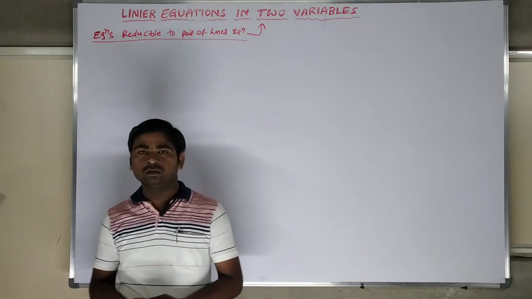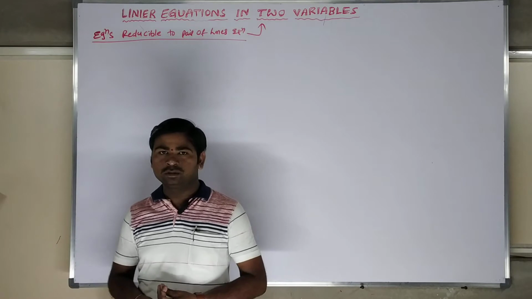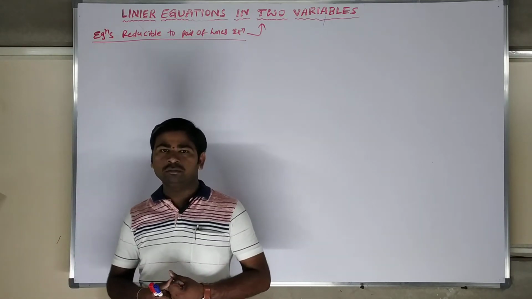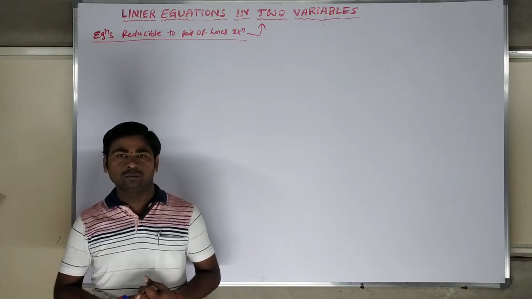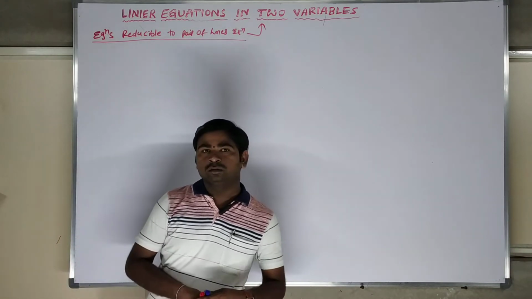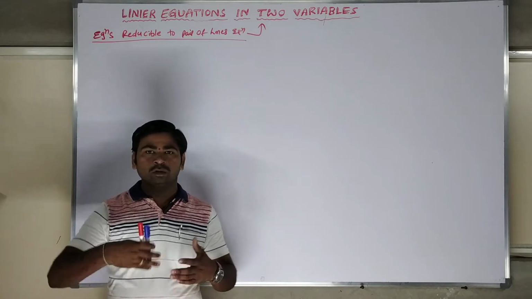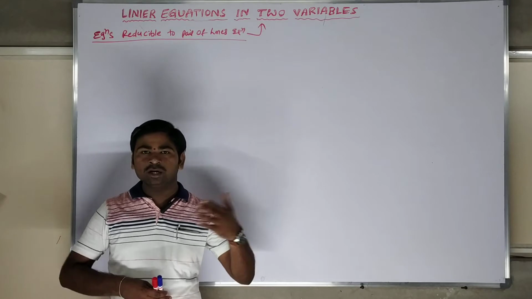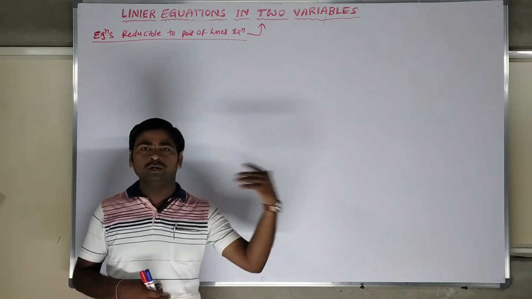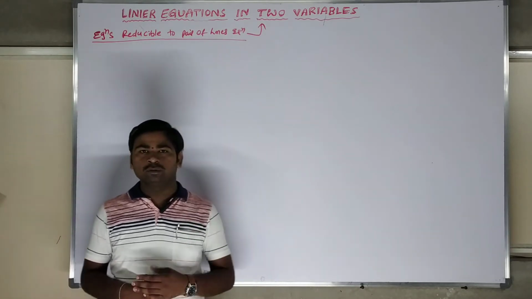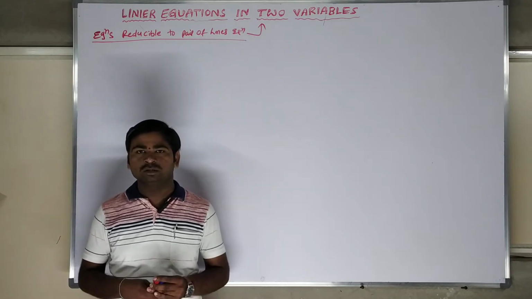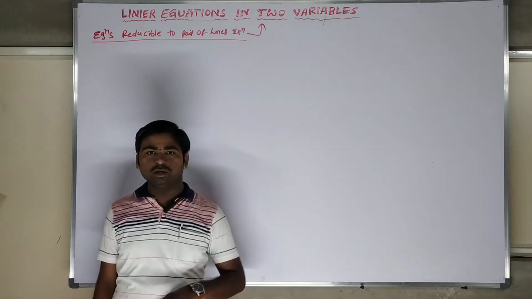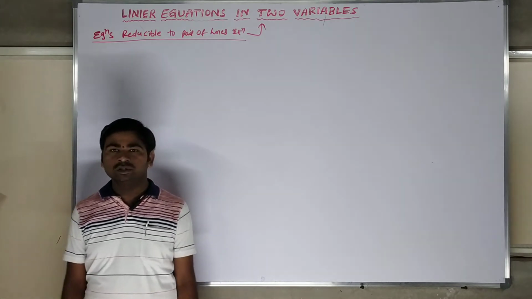In the last classes we already completed the solution approaching methods: the graphical approach and the algebraic ones, that is substitution, elimination, and cross multiplication methods are over. After that, some questions do not look like two equations in two variables. Even if they look like it, it is not possible to solve them directly by applying substitution, elimination or cross multiplication. Those kinds of complex models you need to convert into linear equations in two variables.